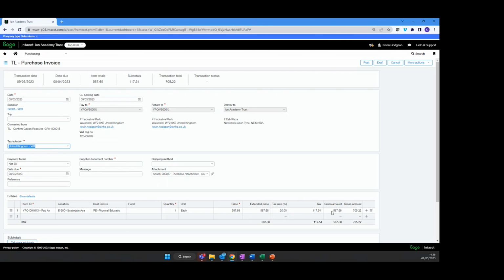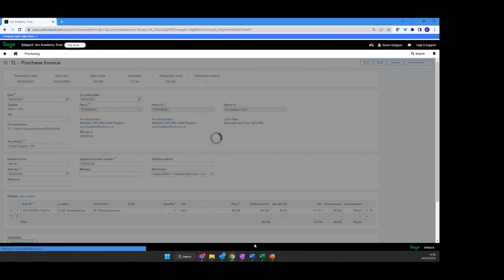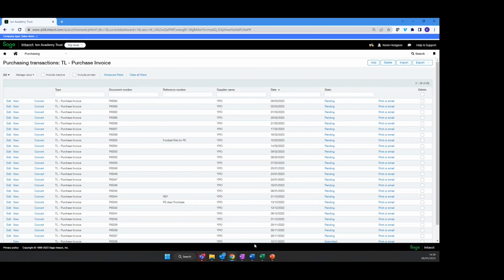So again, you can notice there it's pulled through the amounts, but we're checking that against the relevant invoice, making sure that the prices are correct. Attach a copy of the invoice again, and we can specify the document number in the box there. Post the invoice through, and that is purchase requisition to purchase order to goods received note and to invoice, done